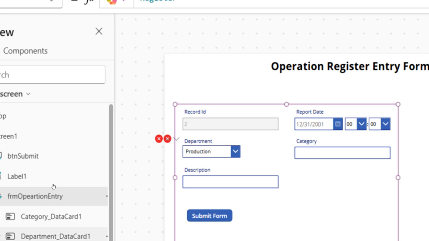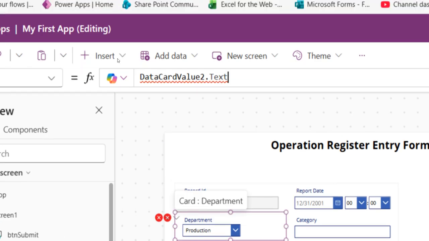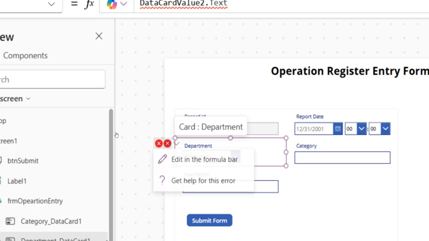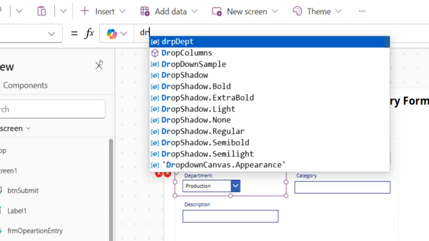For x-axis and y-axis, you have to do the drop down dot x, drop down dot y. But for this, you should not say text. It should be drop down dot selected dot value. So whatever the value you are entering,